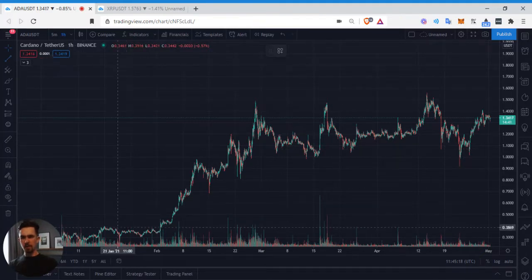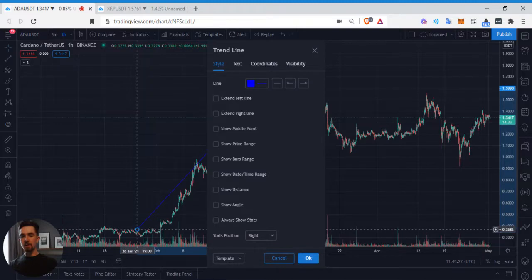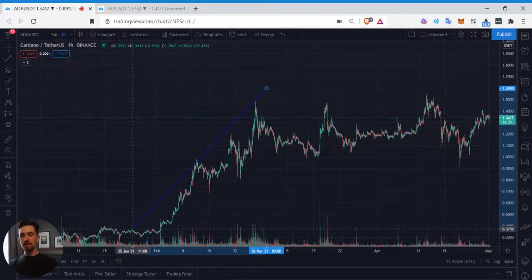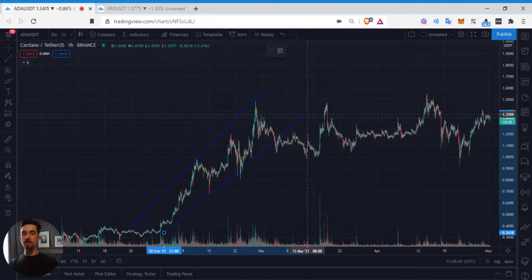But recently here with ADA, we were in this kind of rising wedge pattern. And this, by the way, is just a naked chart besides the volume on the 1 hour time frame. So we can identify some of these little trends that have gone on. For example, this rising channel right here, which is technically a bearish pattern, and we did see a breakdown, but it lasted fairly long. Right here, you could draw it a couple of ways. You could draw it as a rising wedge like this as well. So you could use these bottoms and draw it like this.